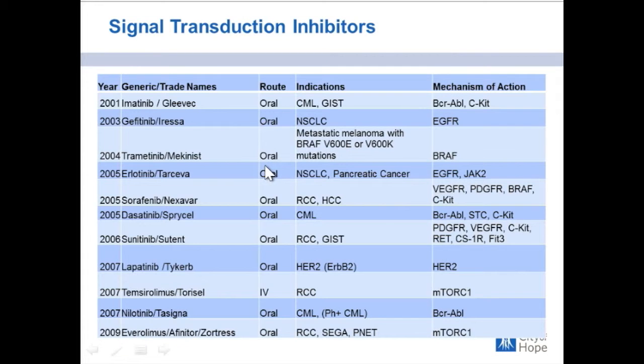And so the next 3 slides literally list all the signal transduction inhibitors that have been approved since 2001. The first being imatinib or Gleevec, which was used for chronic myelogenous leukemia, where there was a specific chromosome translocation associated with a specific gene, BCR-ABL, and if you inhibit that particular gene, you get dramatic killing. It turned out that it also bound to c-KIT, and a rare sarcoma called a GIST tumor, gastrointestinal stromal cell tumor,